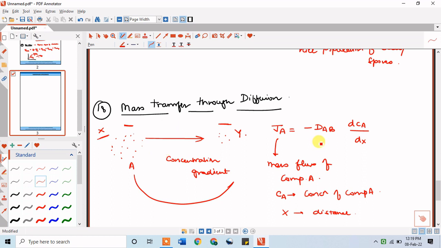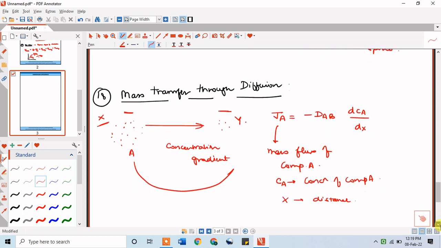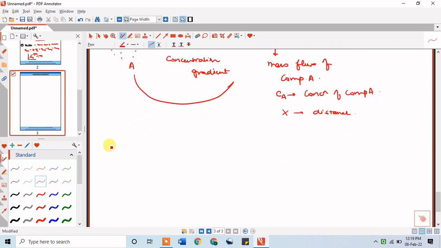And what is this DAB? DAB is giving you the basic diffusivity. DAB is the constant of diffusion, what we call diffusivity. Okay, so let me just write down everything here. So what is dCA by dx? dCA by dx is the concentration gradient. Whenever you take any two points, suppose a point,